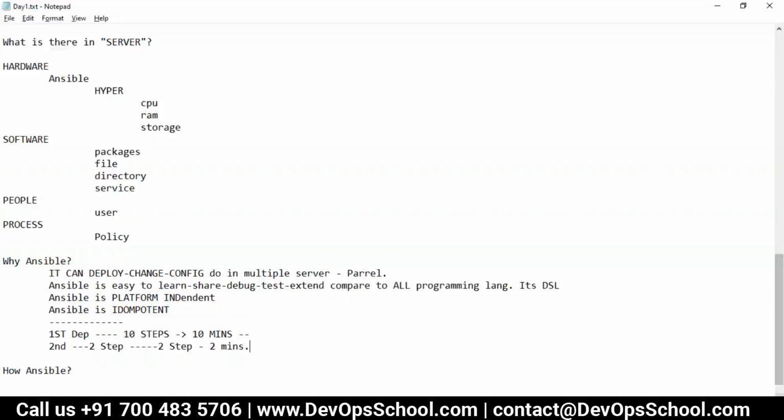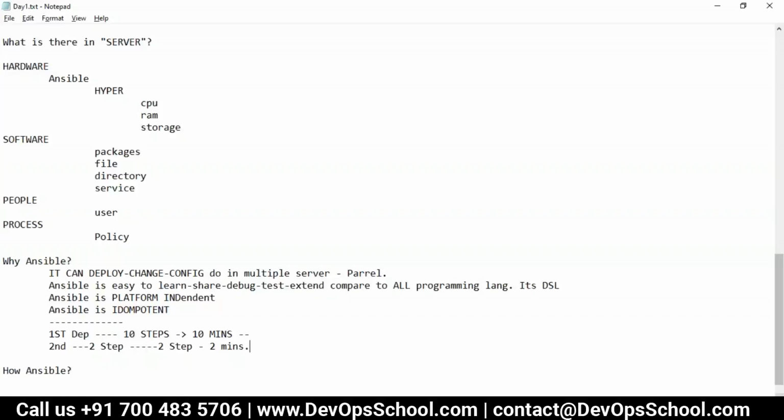Skip it. That kind of property you won't find in shell scripting or scripting written using Python, Perl, Java, Shell, whatever it is, PowerShell. You have it in Ansible. This same feature you can find in Terraform, Puppet, Chef, CloudFormation, Azure RM.